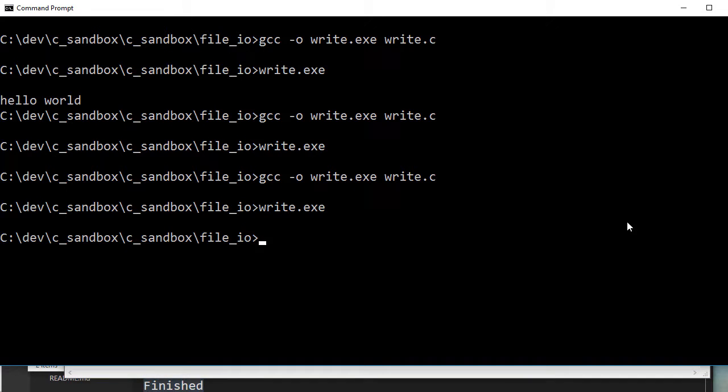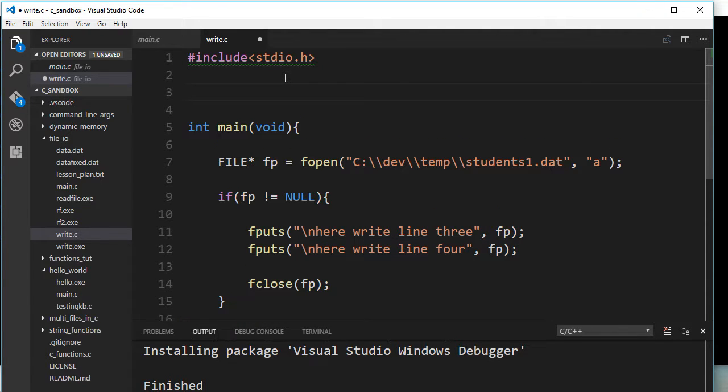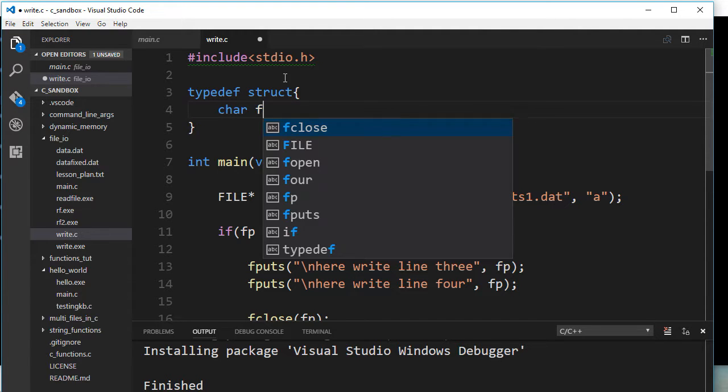So if you wanted to do something meaningful with writing to a file, well, you would probably write either a comma delimited file or a fixed length record file. And I think you get the idea of how you would write a file. Let's just take, for example, let's say we had records and we had the struct, and we have, let's call it a student. Well, it's gonna be struct first of all, and then we have a name, so we have a character array of first name,